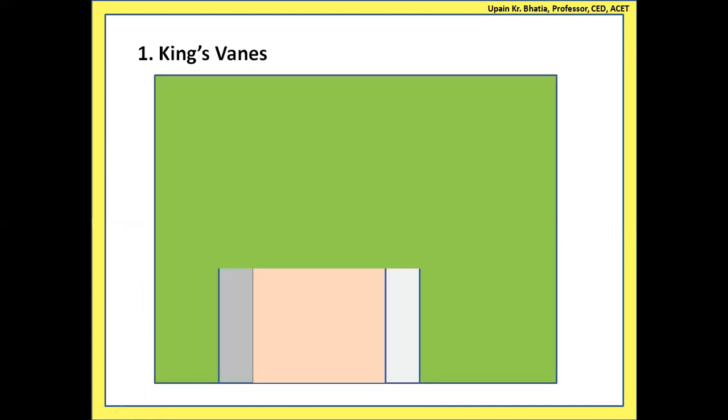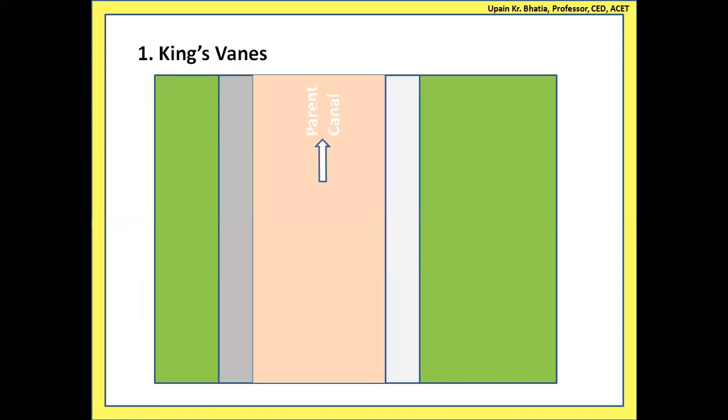So this is the ground where we have excavated this parent canal. This portion is the bed level, and this and this portion are the side slopes. Side slopes are not made in the same shade, because on one side the ambient light will illuminate it more. It is most commonly seen if you look at it practically.